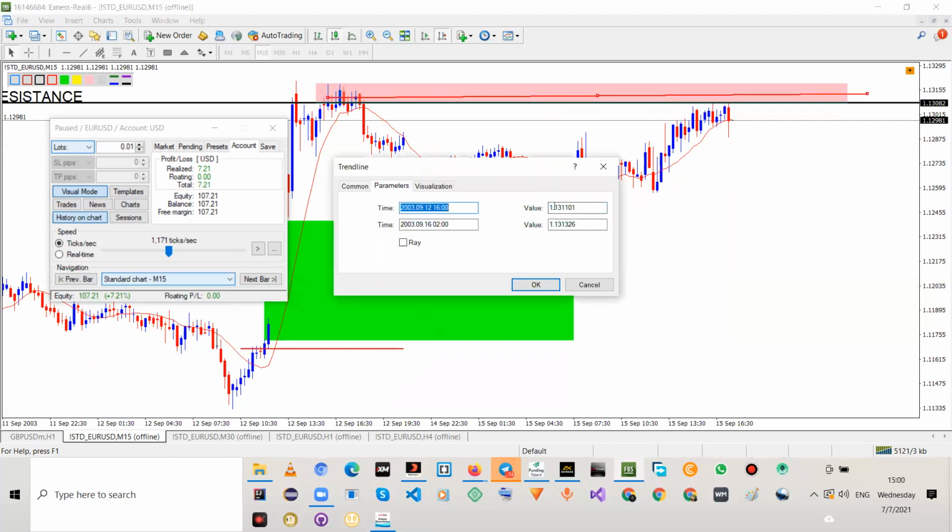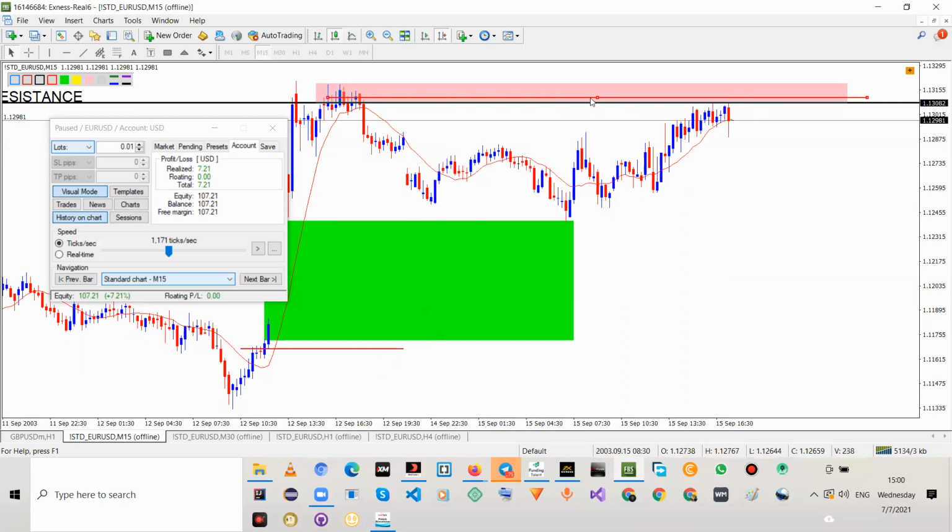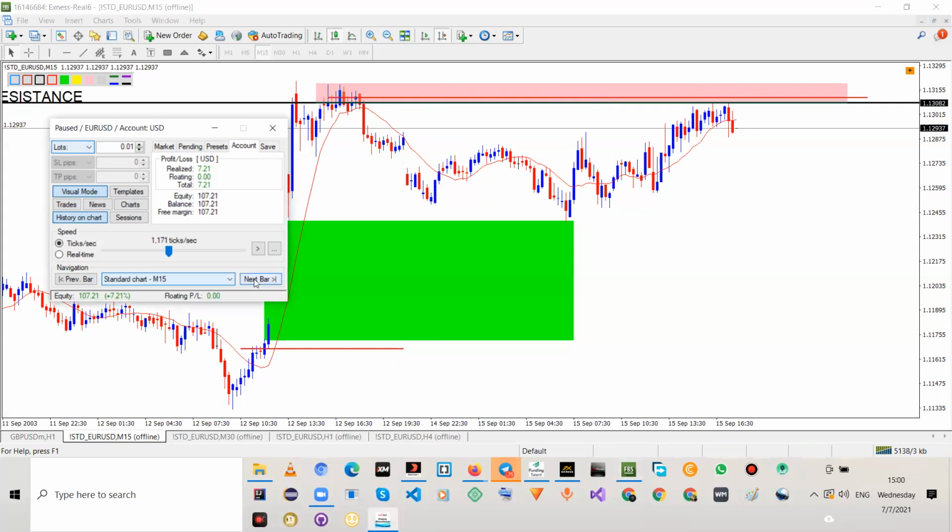So let me just make this line straight. This is how you do it, guys. This is exactly how you do it. You backtest, and after you backtest this, you're going to see that it's actually a real thing. So you're not waiting for a trade to be executed. As you can see, price